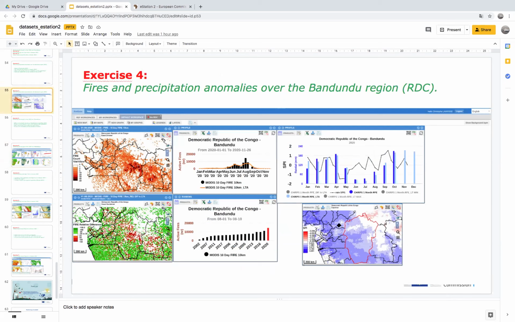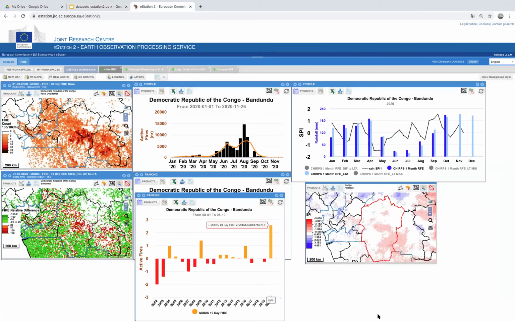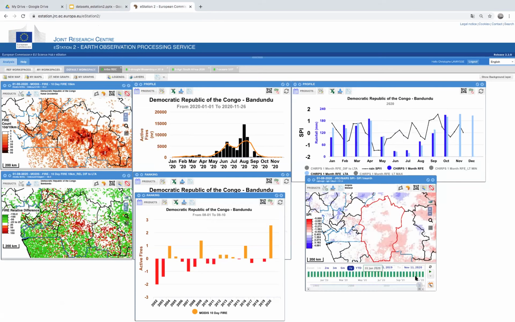It's also visible if we plot the monthly SPI over the region during that month. What you can see, we have mostly blue values, meaning a bit above normal precipitation. This is the months before, because of course, when you have a drought condition, that usually occurred 1 month before. So if you want to plot this, first, if we go back, sorry for the exercise, you have to analyze the SPI conditions. And we have to be careful, because in that case, we have to remove the link in between